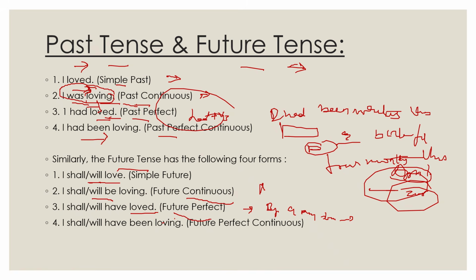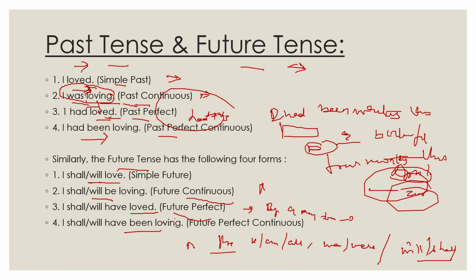I will have been loving. So here also at some point in the future. You can take the same example of playing badminton. At this point of time tomorrow, I will have been playing badminton for 2 hours. So the same case, future perfect continuous. Okay, I guess you have all gotten some idea of what the tenses are. Present tense, which happens like it is, am, or are. Past tense, was or were, some action that was taken in the past, and the future tense, will, shall. That will be in the future.